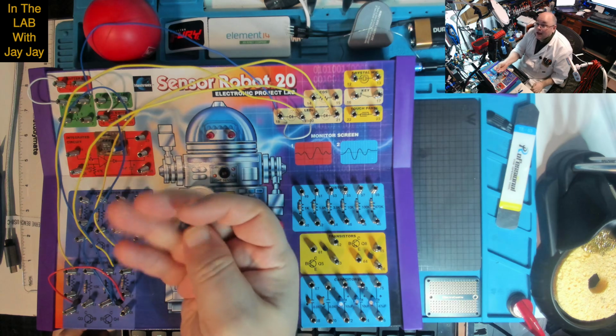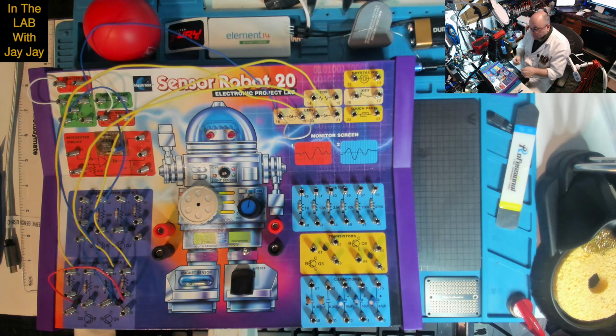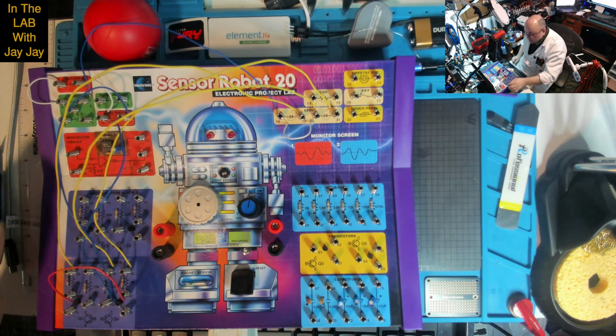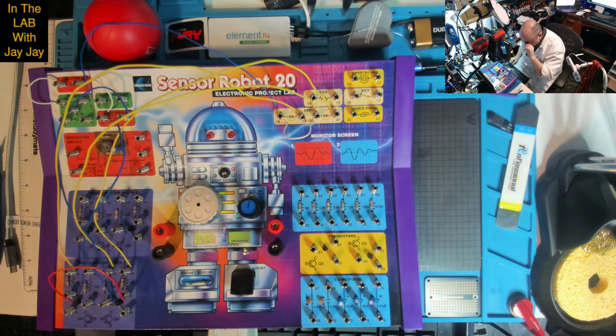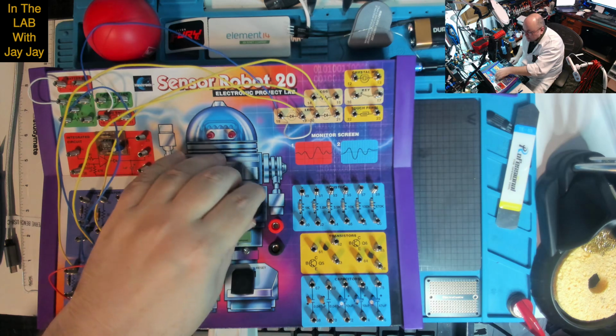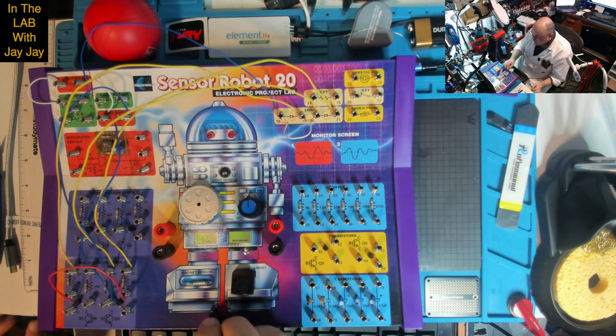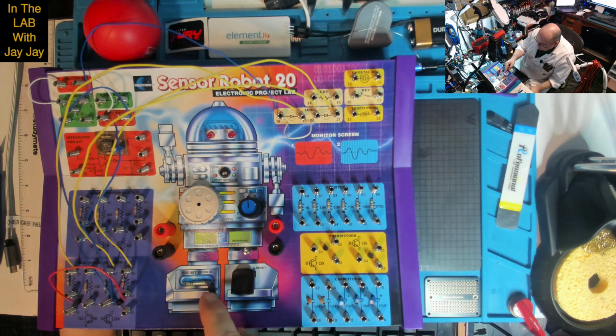Now these are our magnets. So we'll just start. Well, first of all, let's turn the project on. So that's this one. Okay, that should be on now. Now let's see what happens if we put a magnet near the reed switch. We're expecting to see